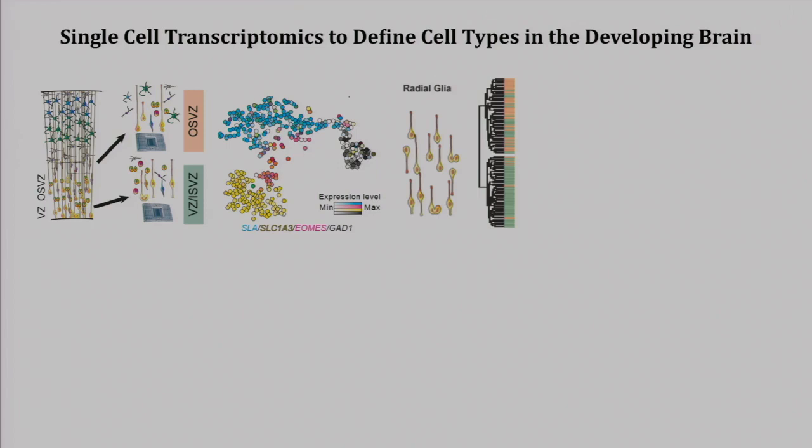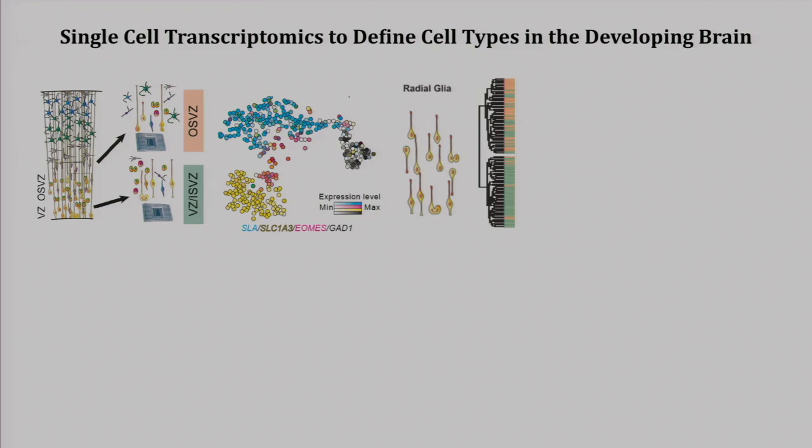But until recently, we didn't really have molecular markers to selectively visualize these cell types. So together with another postdoc in the Kriegstein lab, Alex Pollen, we performed single-cell RNA sequencing, a technology that allows you to identify gene expression profiles in individual cells, where we microdissected primary cells from the developing cortex, from the ventricular zone and outer subventricular zone, and using unbiased methods, we identified major sources of transcriptional variation that allowed us to pinpoint these radial glia cells.